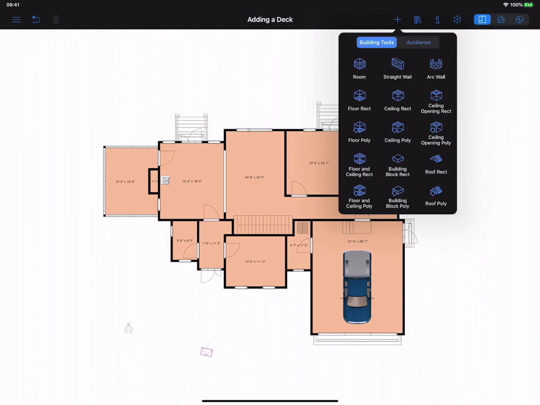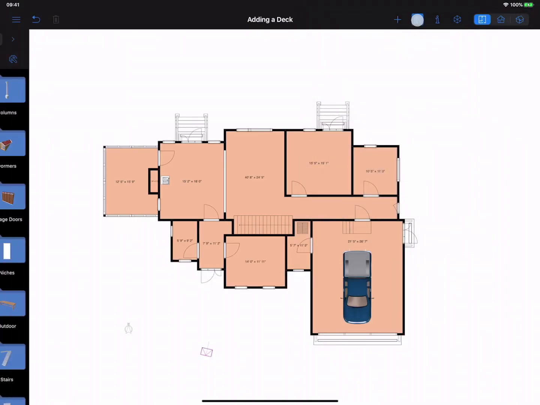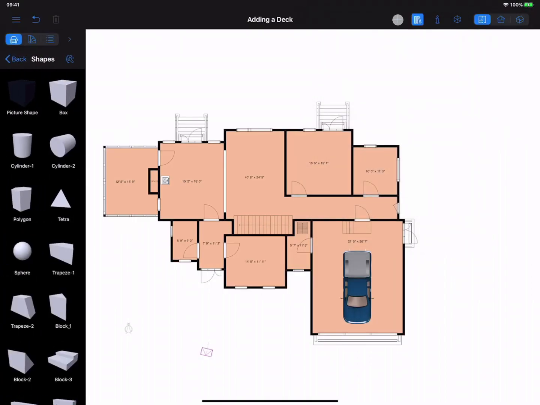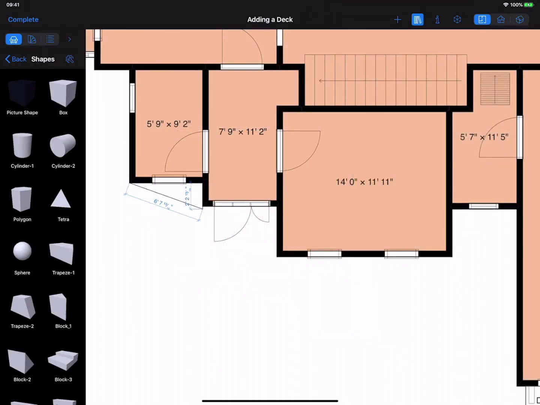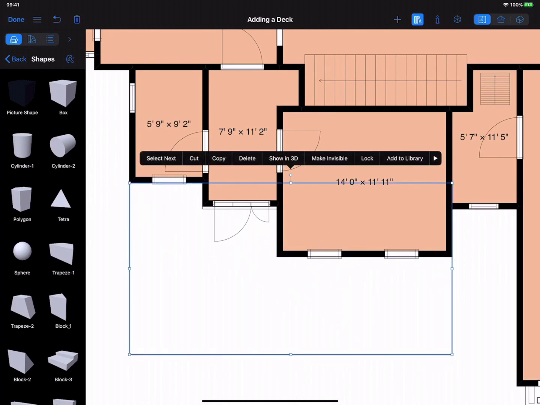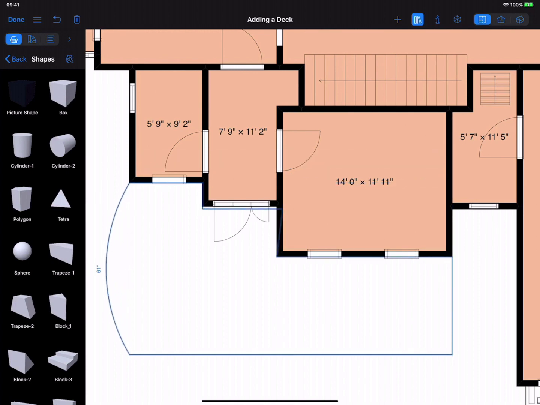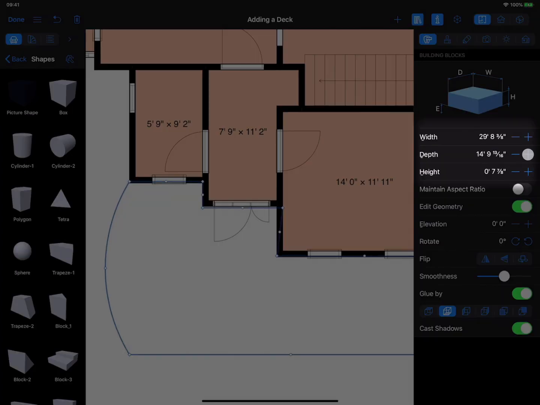A typical deck created in Livehome 3D Pro usually consists of three elements: building blocks, custom roof elements, and shapes when necessary. The Building Block tool, available in the 2D plan view, allows the creation of deck foundation of any shape. You can even create rounded corners for it by entering the editing mode and modifying the contour points. Elevation and size of the foundation is controlled through the Object Properties tab of the inspector.